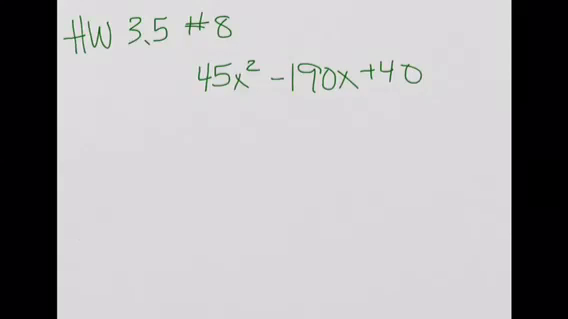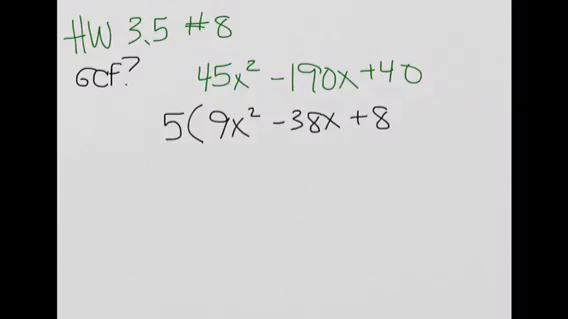The first thing that I should do is check and see if I have a GCF. If I do, I should pull it out, and it sure looks like I do, which will be nice because it'll make some of these really big numbers become smaller. So if I look at 45, 190, and 40, they have a 5 in common. So I'm going to go ahead and pull a 5 out, and I end up with 9x squared minus 38x